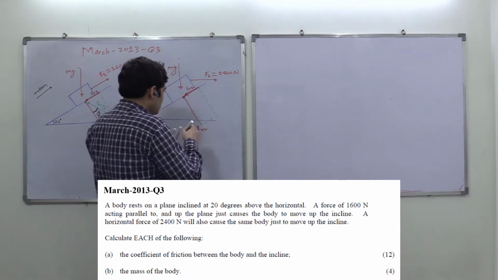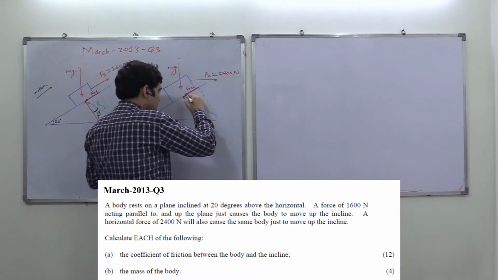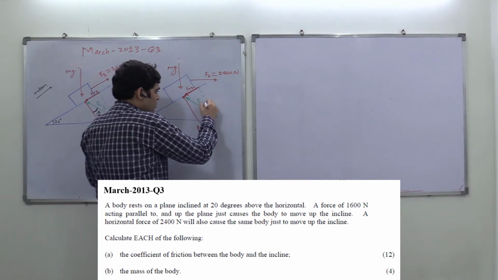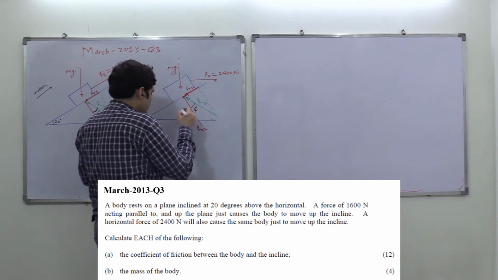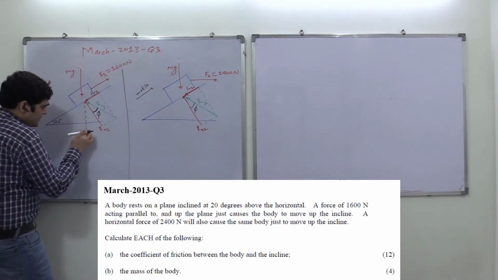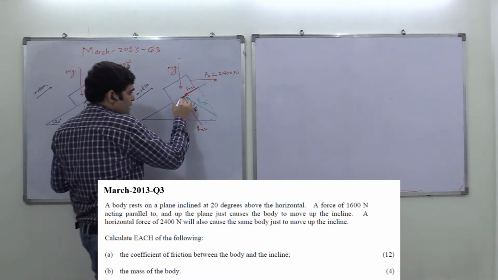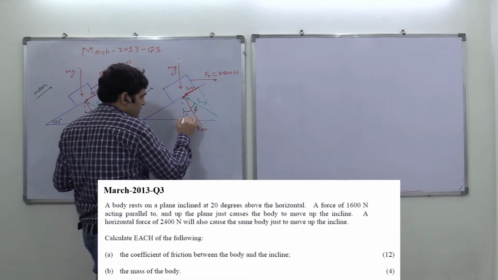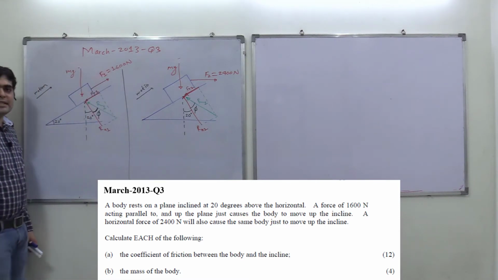For this scenario also, R. What is the angle of friction here? So here we will say R2. The angle of friction here is also phi. Now this is the vertical. This angle will be 20 degree. This is the vertical, and this will also be 20 degree. Okay, guys, are you getting my point? Try to see the scenario here.